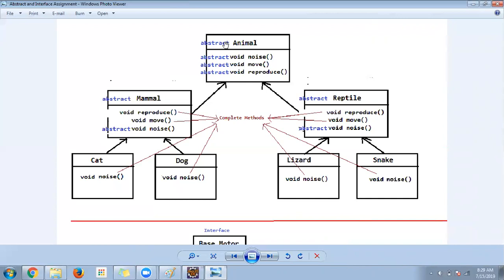Mammals have 4 legs, and reptiles do not have legs in a proper shape to walk. Here, the reproduction system of mammals will be the same, and the movement will also be the same. It has 4 legs and everything goes the same way. But at the reptile level, the reproduction system lays eggs, so it is different. That's why here we have a class called mammal, where I have given a body, and at the reptile level I have given a body for the movement and